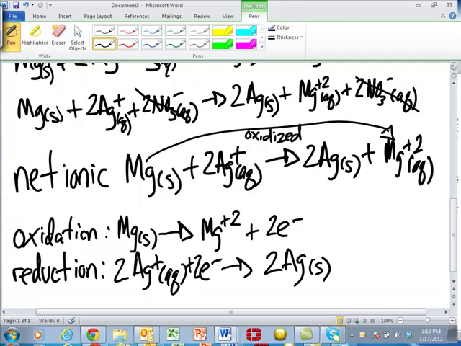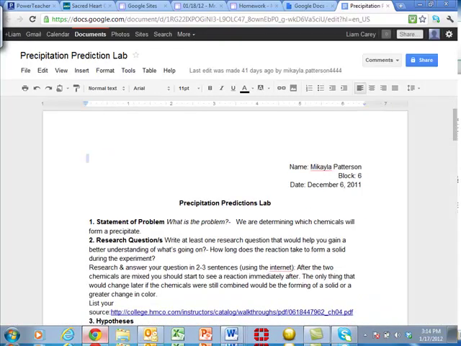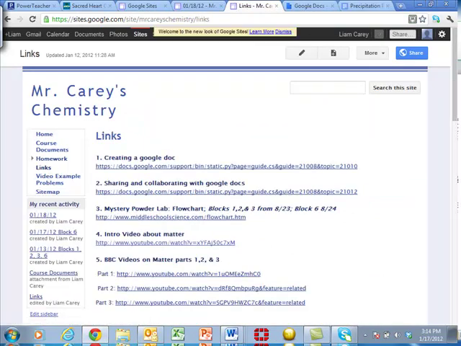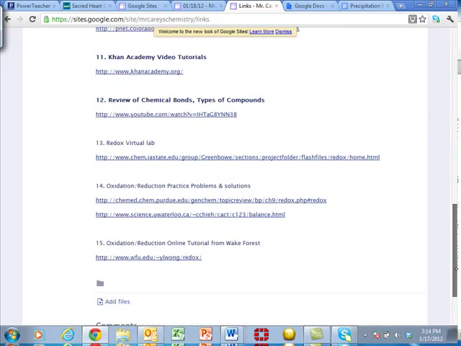So is the reduction always in that formula? It's always going to have the electrons on the left, because this is showing us the steps. First, magnesium gets rid of 2 electrons, right? Silver accepts those 2 electrons. So let's take a look at what this is saying. If we go down to our virtual lab we did,